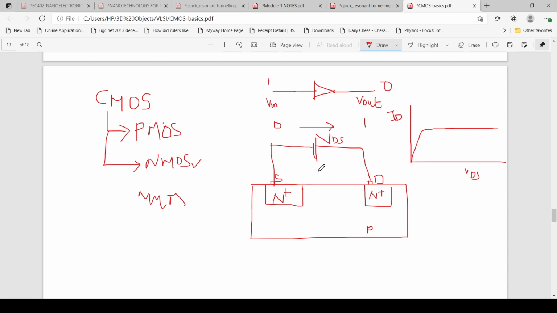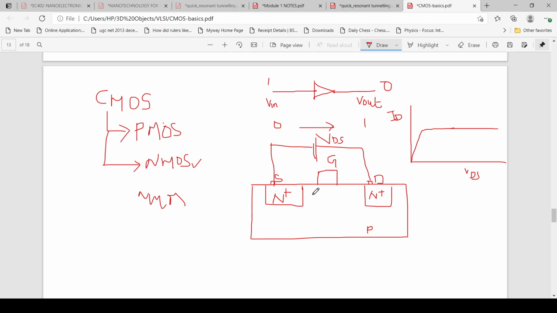Another very important element is the gate. By giving a proper potential difference to the gate, usually taken between the gate and the source region, we can create a channel between the source and the drain region. Once we create a channel, only then will the current flow. Otherwise there will be no current, even if we increase VDS. That is very important. Without the gate potential, we cannot trigger the circuit, and the circuit remains off.